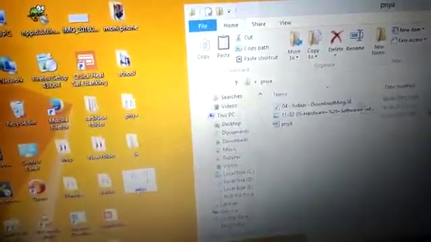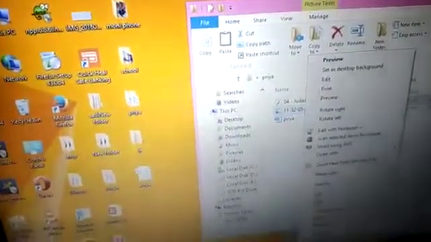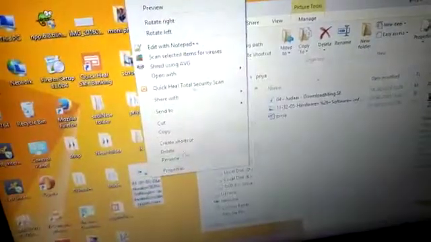See, this Priya file came here. If I want to copy this one, right click, copy, then where you want to paste it, paste. And if you want to delete, right click, delete.